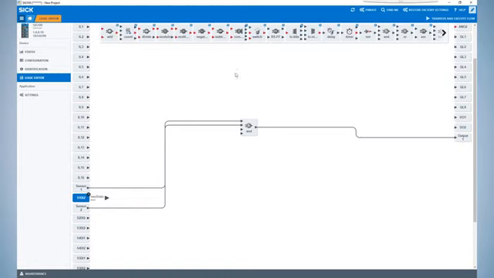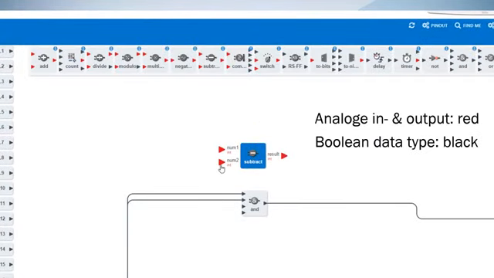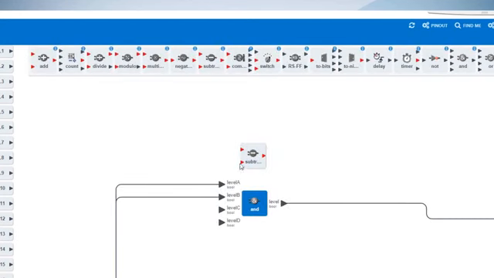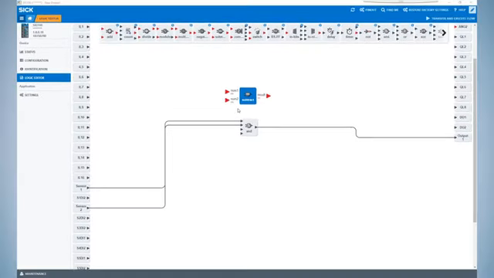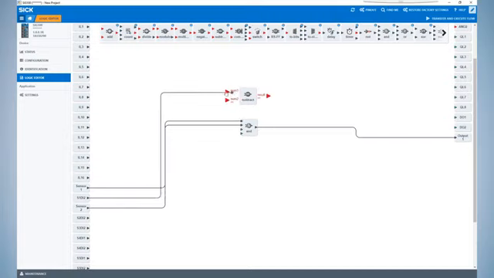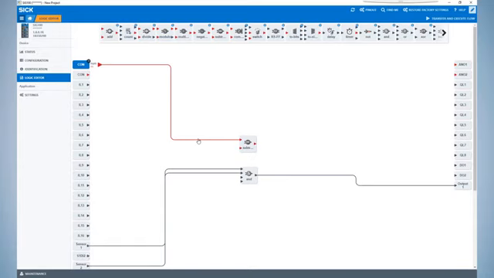There are a few things to note when creating connections. Discrete inputs or outputs with a Boolean data type will have black connection points. Analog inputs or outputs with an actual integer value will have red connection points. Analog and discrete signals cannot be interconnected. Notice that if a connection is not possible, the user is simply unable to complete the connection line. However, in inputs arrows and text will be green if a connection point is possible and the connection can be completed.